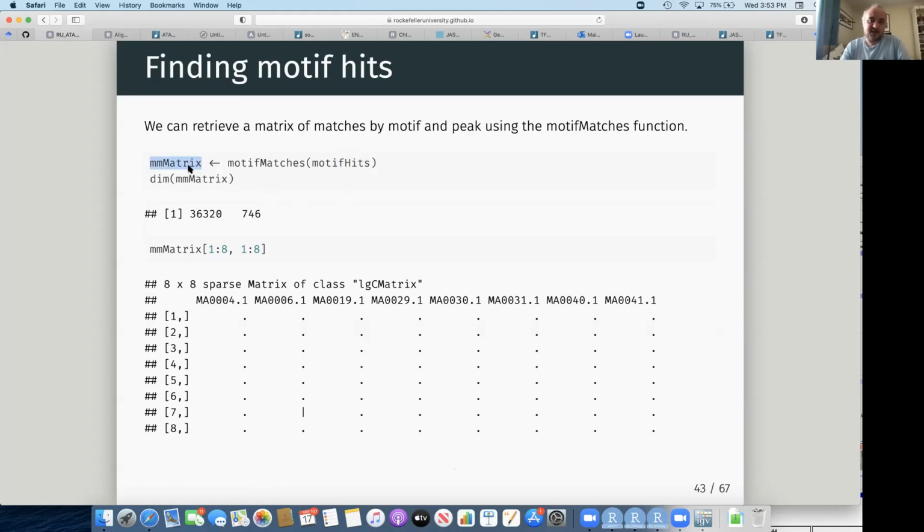And it's going to give you back a matrix. And this matrix we can then go and see. It's 36,000 rows, 746 columns. This is the matrix we wanted to get. And if we just look at the first 8, we can see it's a slightly strange matrix,